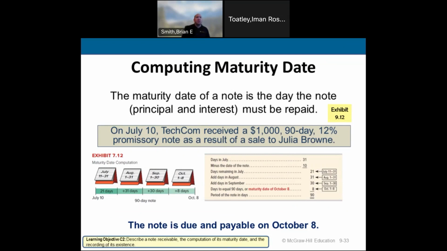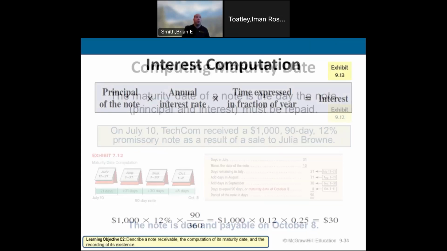To calculate the interest, that 12% is an annual rate. So you're going to take that 12% and divide it by the total number. In this case, it's 3 months. You can basically say 3 months, or you can calculate the 90 days if you want, 90 over 360 if you do it by days. I would do it just 3 divided by 12 myself, which is 1/4. So that would be 3% of $1,000 is the interest you would receive on that note.